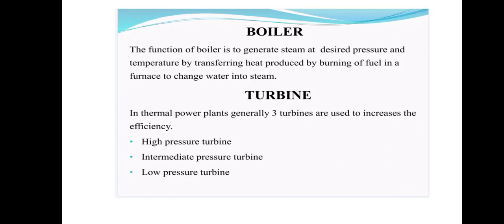Boiler. The function of the boiler is to generate steam at desired pressure and temperature by transferring heat produced by burning of fuel in a furnace to change water into steam. Turbine. In a thermal power plant, generally three turbines are used to increase the efficiency: high pressure turbine, intermediate pressure turbine,